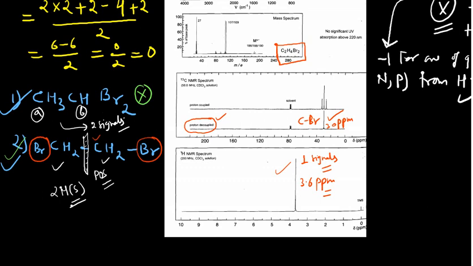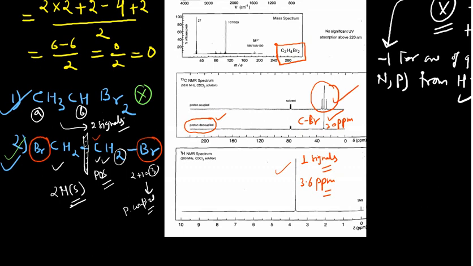And if you want to check the proton coupled spectra, in the proton coupled spectra you can see this carbon is there and 2 hydrogens are there. So if you apply the n+1 rule, that means 2 + 1, which equals 3. So this proton coupled spectrum will give you the triplet for this particular carbon, and you can see it is giving you the triplet. This is how you can solve the problem.